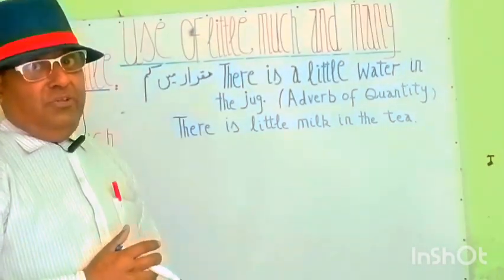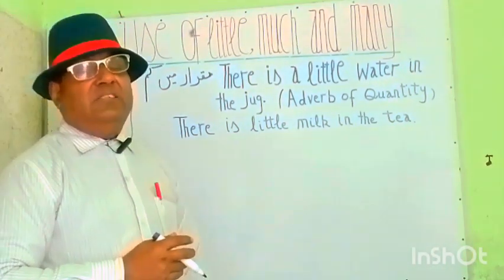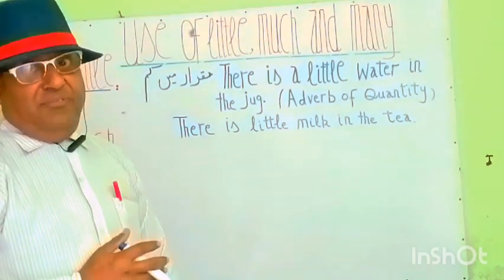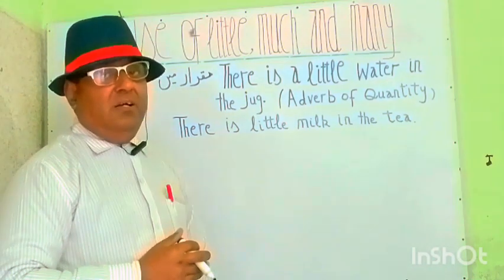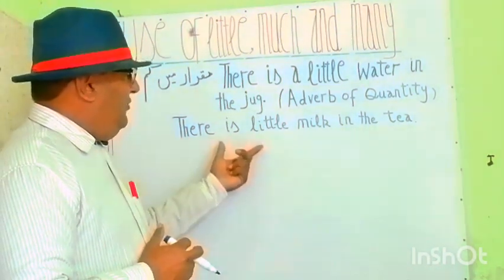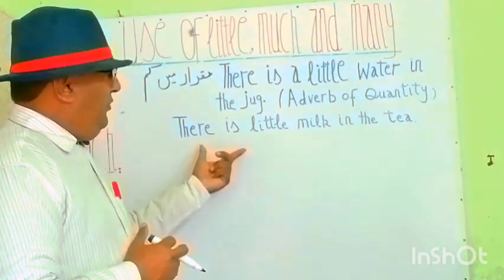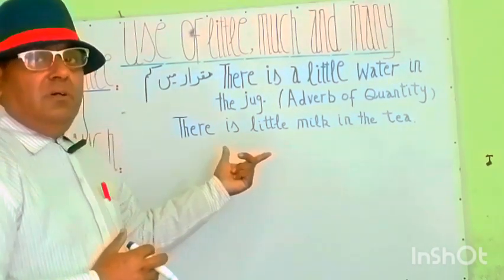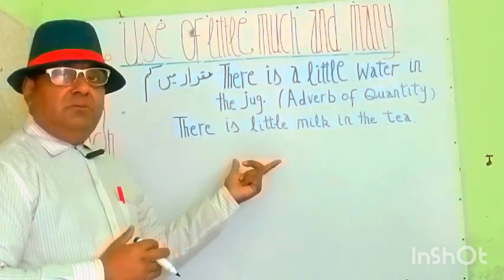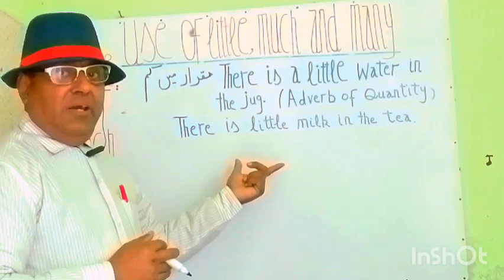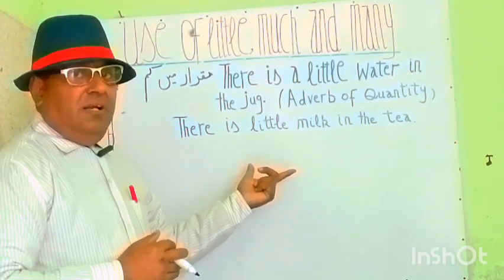चाय में थोड़ा सा दूध है, यानी ना होने के बराबर है. चाय में दूध ना काफी है. So you see my students, we have beautifully explained the use of little in sentences. Let's see the next